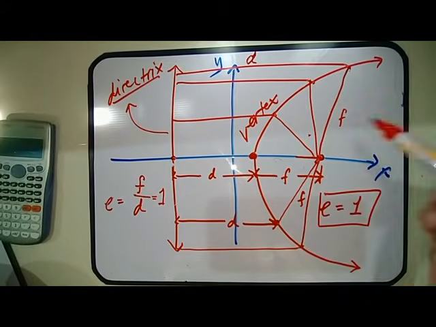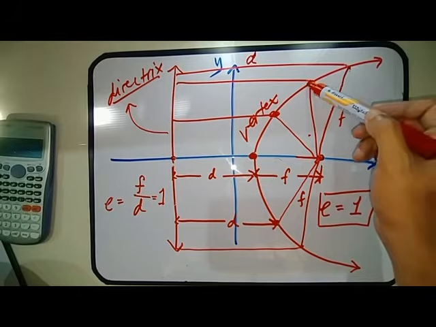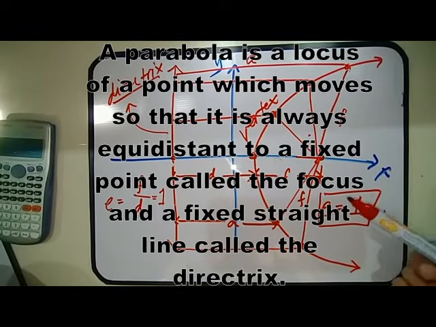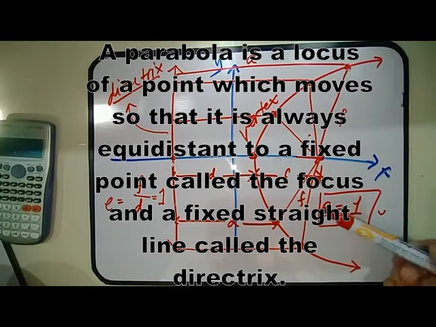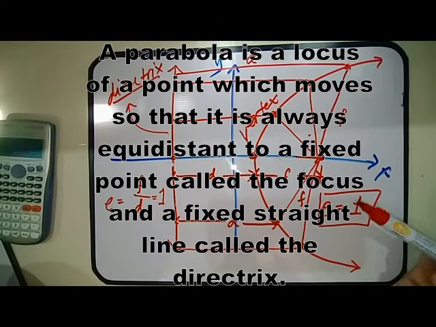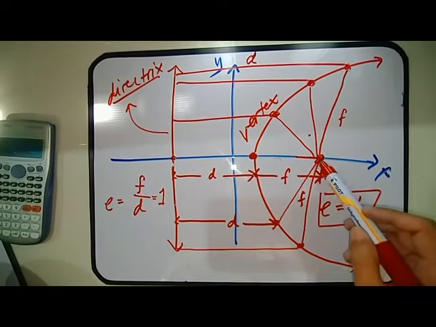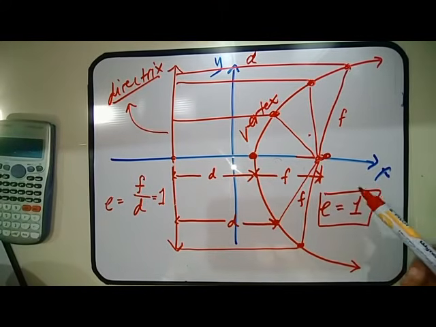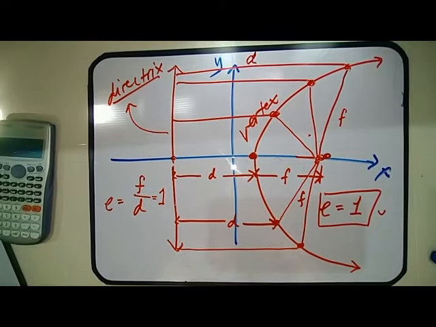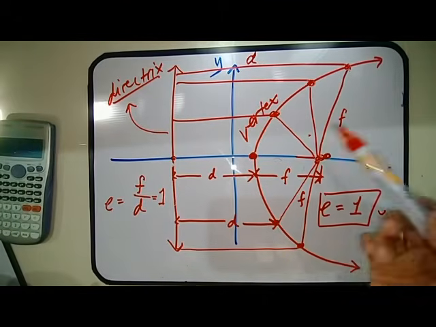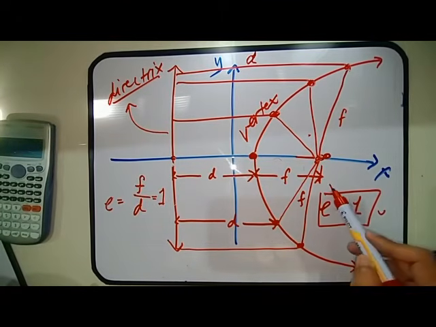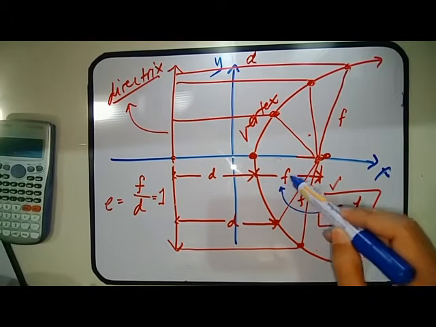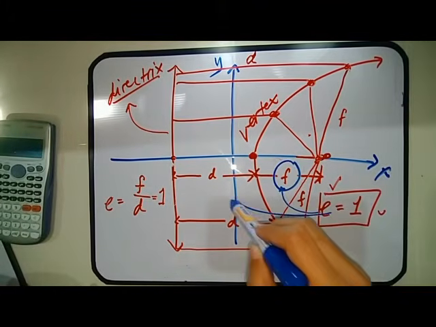Pag kinonect mo yung mga points na yon, which is what you call the locus of a point, ng eccentricity niya is 1. So yun siya, locus of a point which moves so that it is always equidistant to a fixed point called focus. Ito yung focus. And it is fixed line called directrix. So yun siya. So yun, na-define natin ang parabola using our eccentricity, and our eccentricity is defined by our, you have this focus and you have this